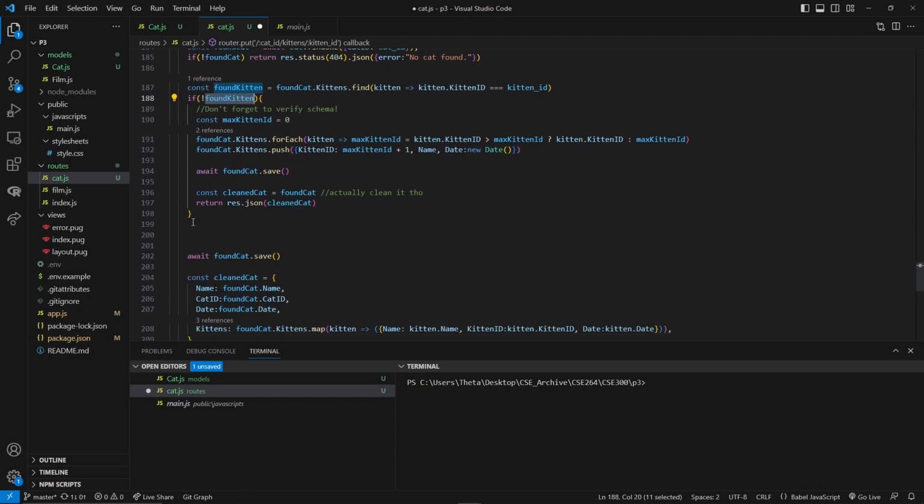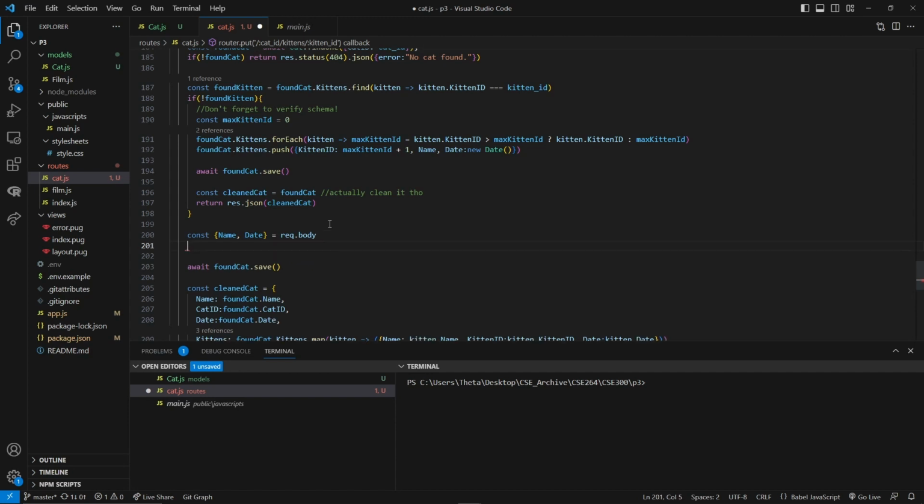If there is a found kitten, then you can just go ahead and verify the schema. So actually, you don't have to verify the schema, but if you're putting stuff. Long story short, we have const name and date equals request.body. And then with that, we essentially can modify our